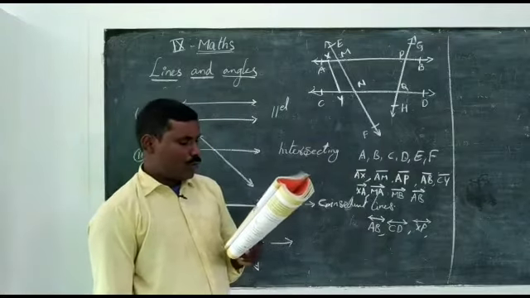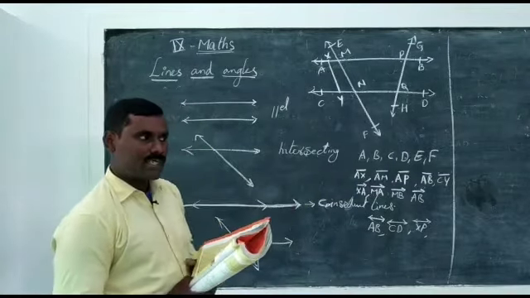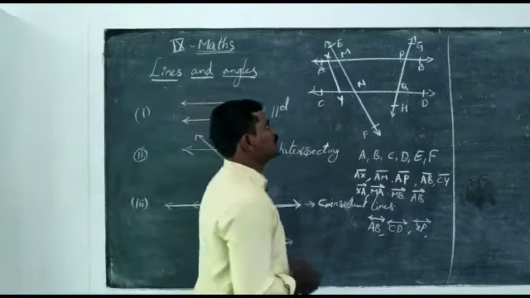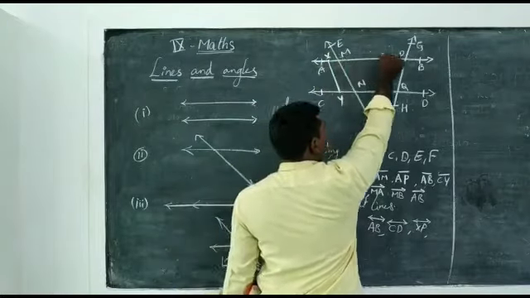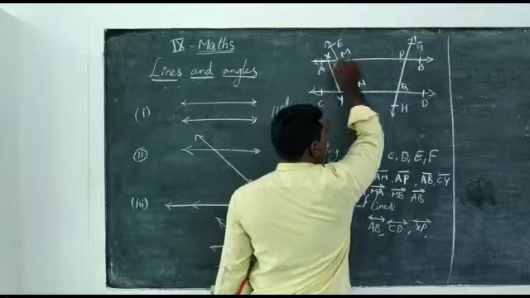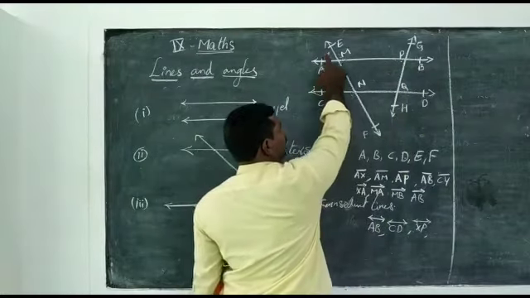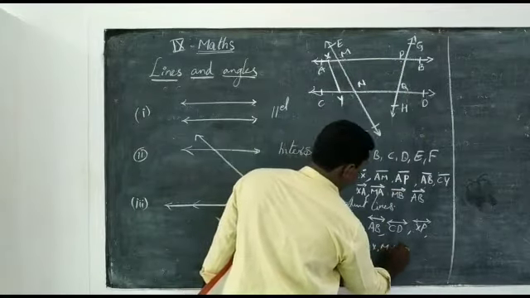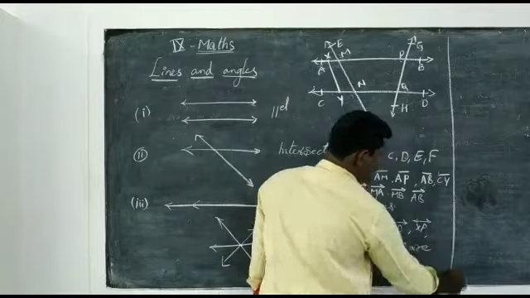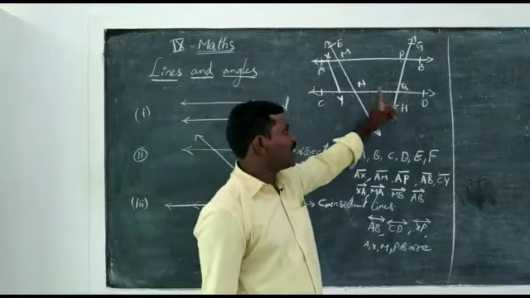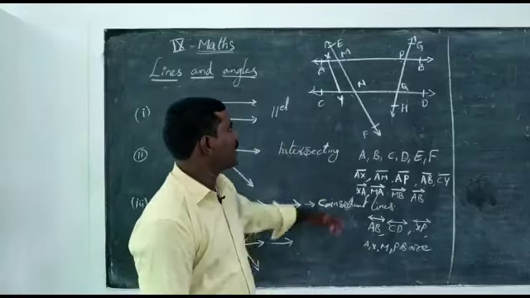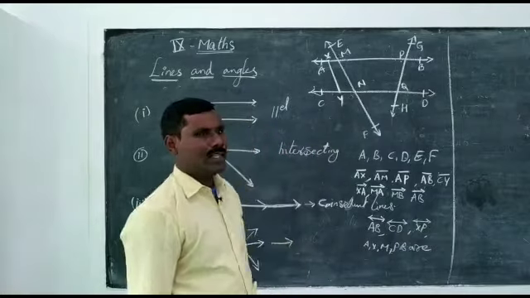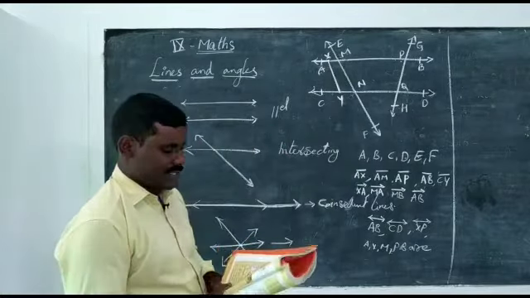And next question, 4 collinear points. What are collinear points? 3 or more points that lie on the same line. Once observe here, A, X, M, P, B. All those points lie on the same line AB. Total how many points? 1, 2, 3, 4, 5. Then A, X, M, P, B are collinear points. Like that, C, Y, N, Q, D are also collinear points. E, M, N, F are also collinear points. Like this you can write. The same points lie on the same line.